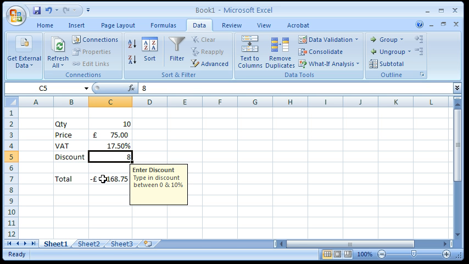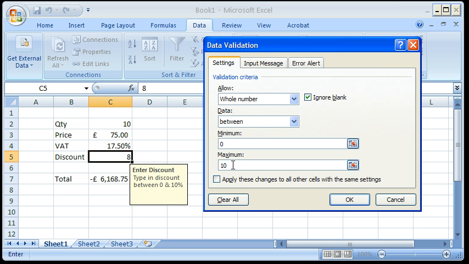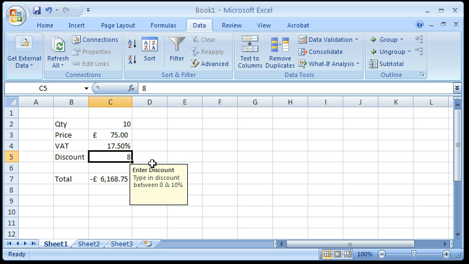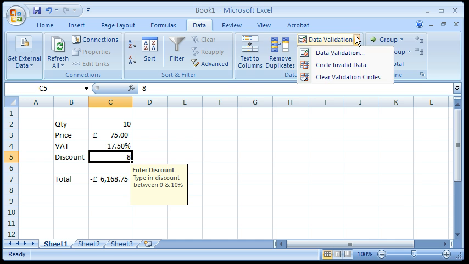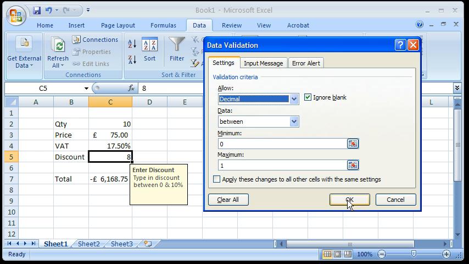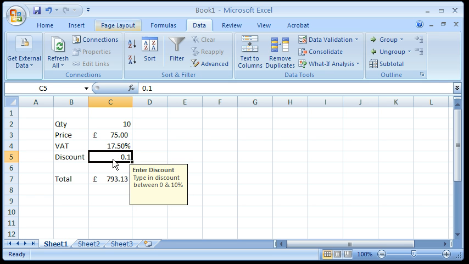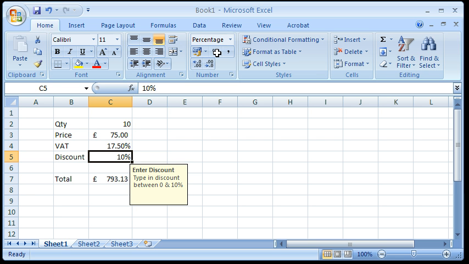Now I said, what do I do to change it? I go click on the value again, and so I said I wanted it between 0 and 1. Now I should be going, how can I have a whole number between that? It needs to be a decimal between 0 and 1. So if I put in now 0.1, that's a percentage, especially if I go back to the home tab and make it percentage. You can see it's now 10%, for instance. And that's showing you how to do specific numbers,